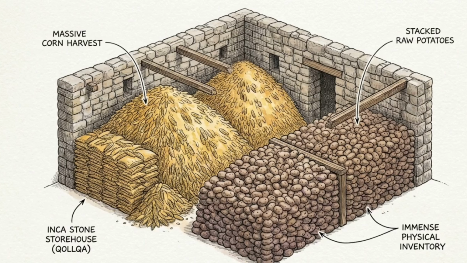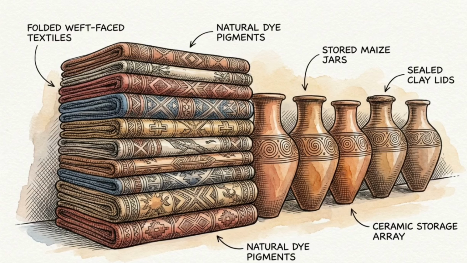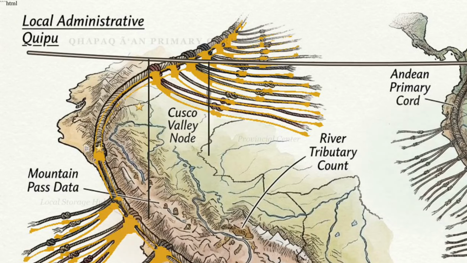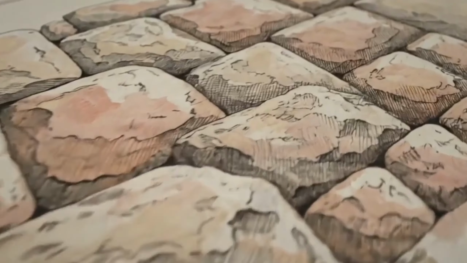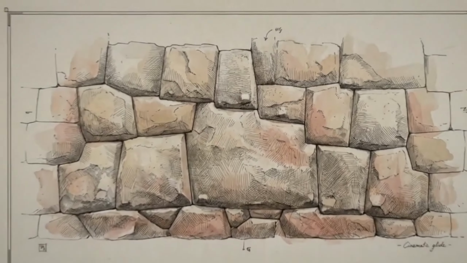But a state of this size generates massive amounts of data. To survive, the Inca had to track regional census numbers, calculate shifting tax burdens, manage labor drafts, and coordinate supply chains across thousands of miles. A primitive numerical tally cannot explain the operational survival of a civilization managing that level of complex, layered information.